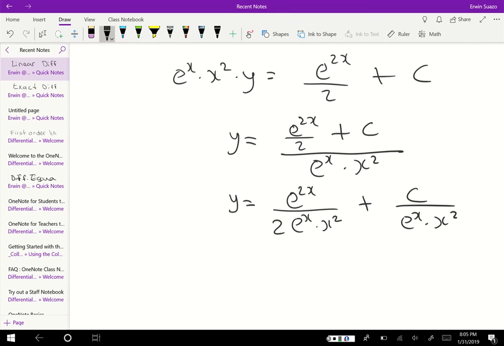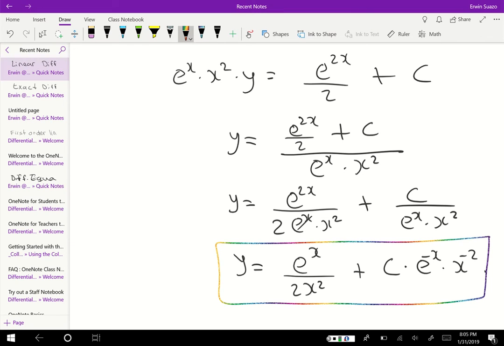So if you want to even write it in another way, in a more simplified way, you cancel these two, so e to the x over 2x squared plus c over e to the x times x squared. So I review some college algebra stuff, okay, because some of you have been saying that you don't remember a lot of these laws. Okay, so that's my final answer,